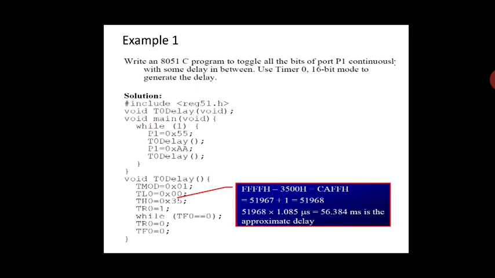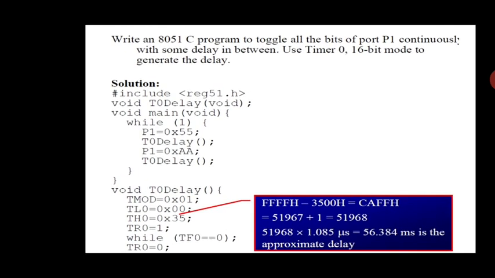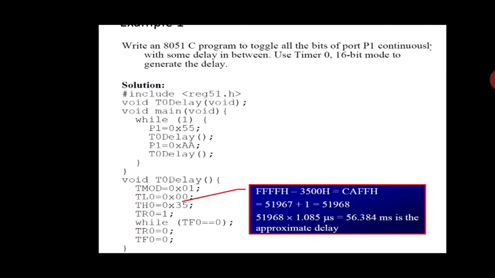Now, let us move to the program part. We need to include a header file, reg51.h, which is the header file to be included to write a program for 8051. And here the timer delay operation, which previously was a subroutine, we are using a subroutine program. The name of the subroutine program you can change. It is a user defined subroutine program to delay.